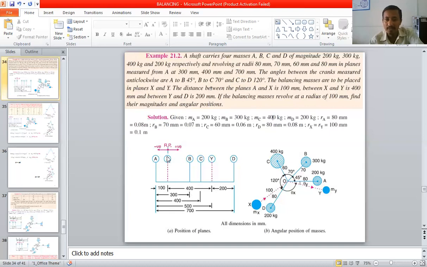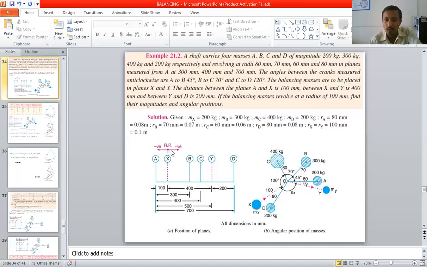If the radius of rotation of the balancing masses is 100 mm, it means it is 0.1 meter. So how much is the magnitude of the masses? What we need to calculate is the value of the masses so that the system will get balanced. Let us see one by one. These are the positions of the planes of masses A, B, C, D and the two balancing masses X and Y. We have taken X as a reference plane,